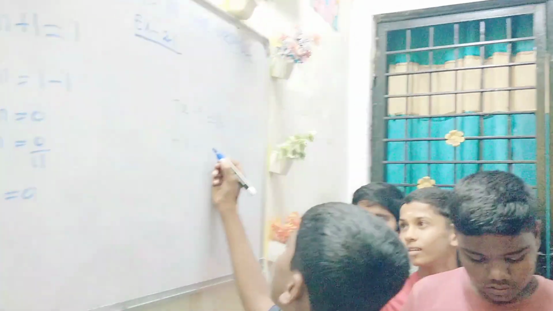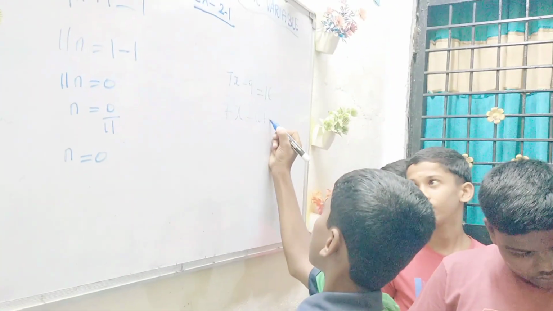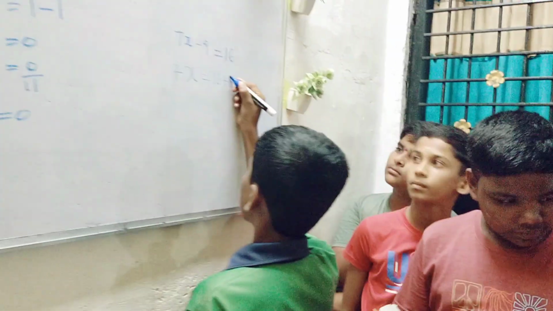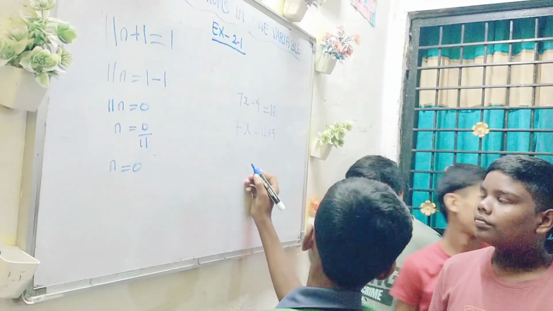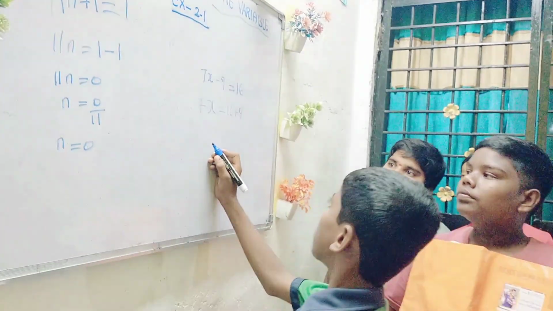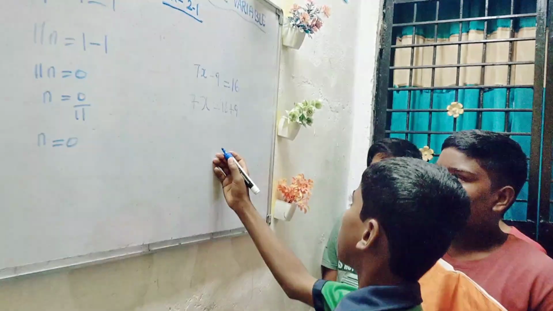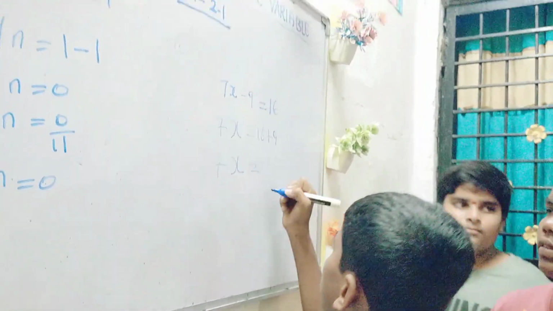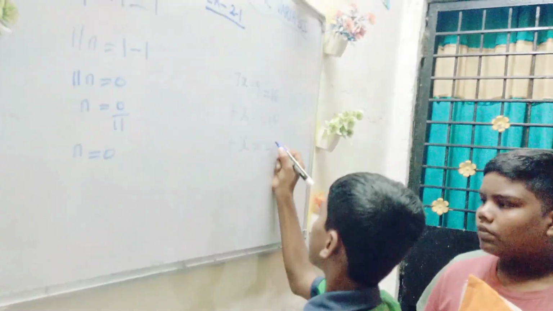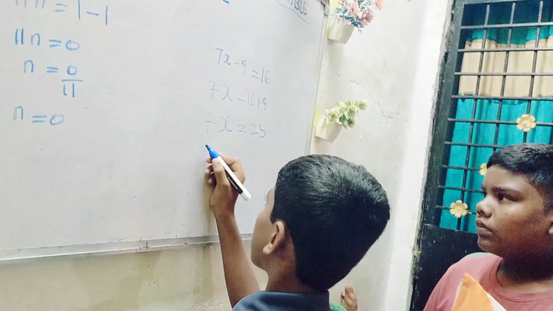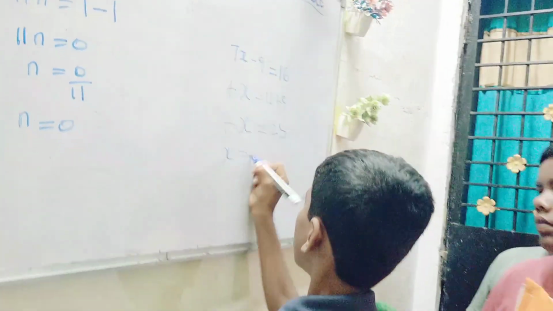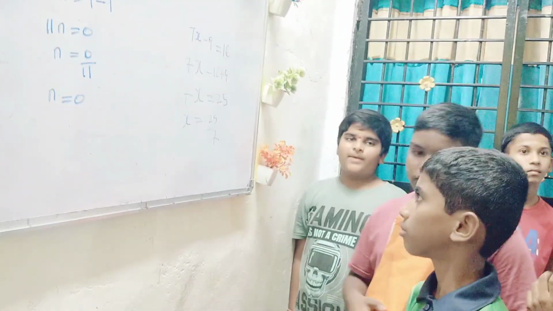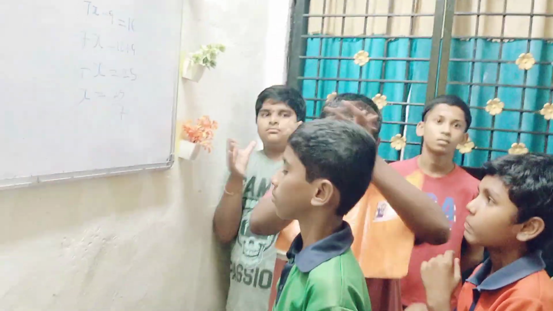7x is equal to 16. Please, this sign should be clear. Plus, okay. Then, okay. Hari Prasad, please go back. Yes. 7x is equal to, come on. 7x. Write the same. 7x is equal to 16 plus 9, how much? 25. Yes. Then x is equal to 25 by 7. That's it? You can't solve it anymore? No, right? Okay, please clap for Manish. Very good.